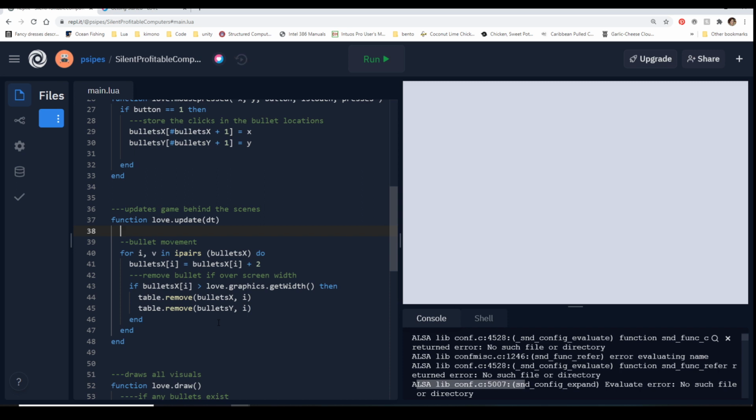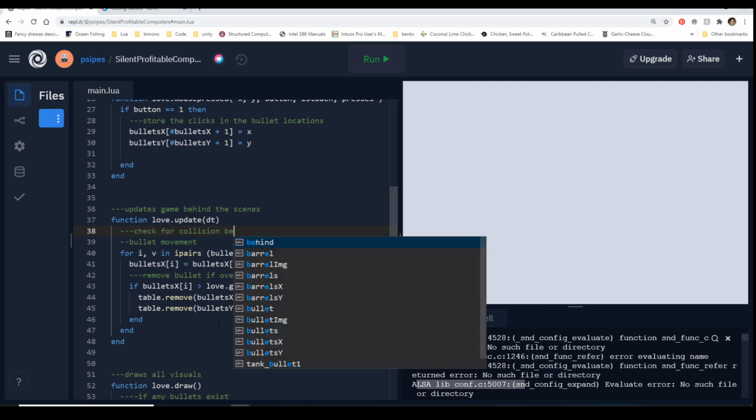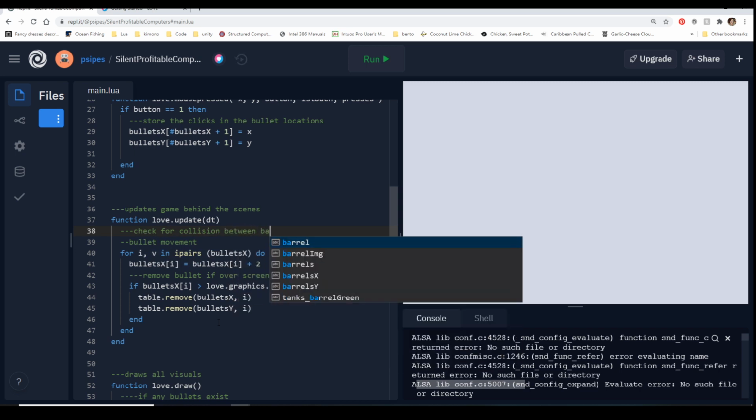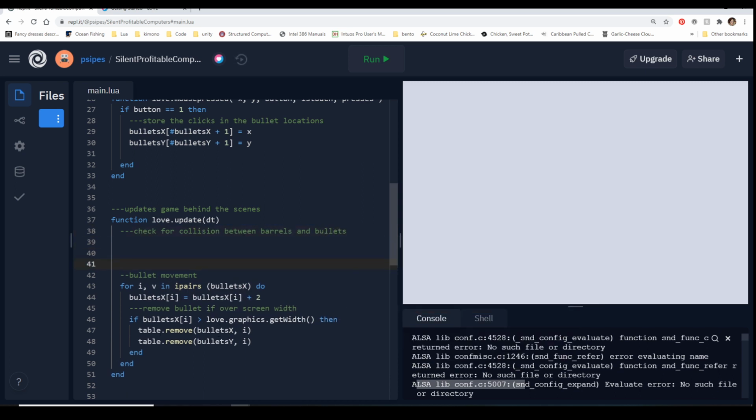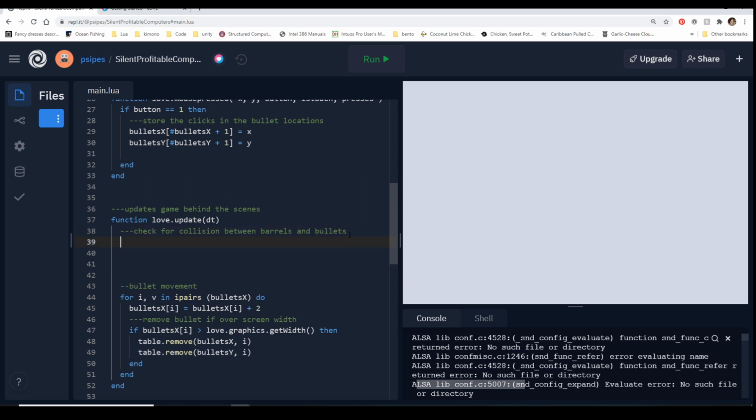We're gonna do a collision check. So what we're gonna say is, check for collision between barrels and bullets. Now, you 100% could do it down here in this loop, but it's not always the best idea, and it's really not going to add enough load time for you to care to do another set of loops here. Maybe if you got down the line and your game was giant, but we're going to be okay.